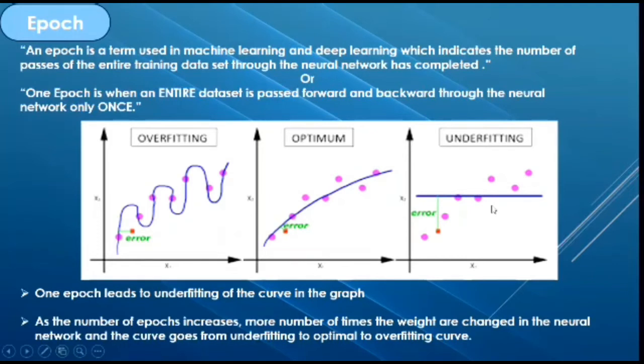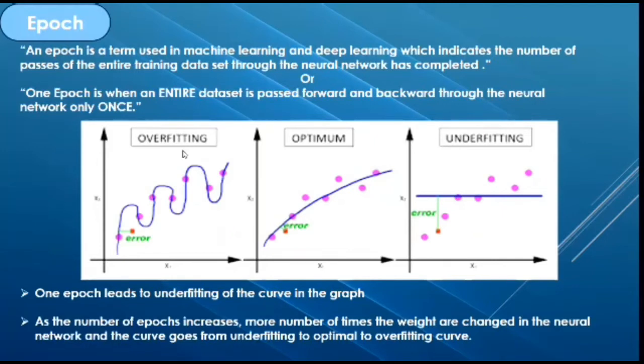If we keep on feeding the data to the model, then there comes a stage where the curve would be optimum for the data provided. But if you keep on increasing the number of epochs after that, it leads to overfitting. When it leads to overfitting, it will be good enough for that particular model but very bad in general problems. So this is why epoch is also very important.